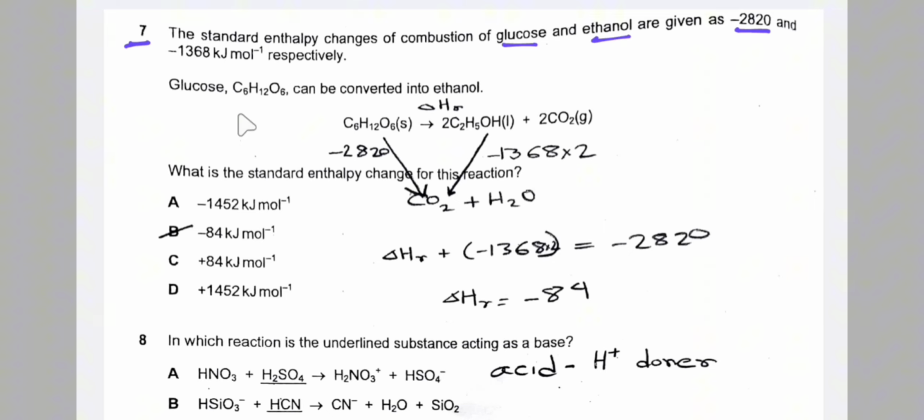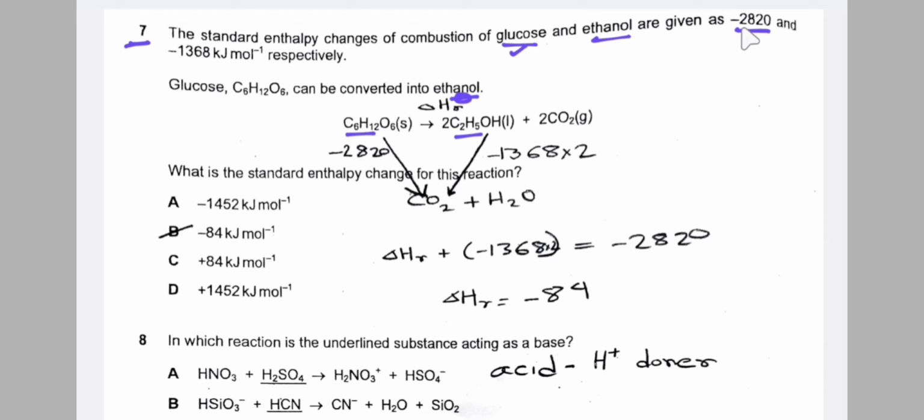This is glucose and it can be converted to ethanol. So this is ethanol. What is the standard enthalpy change for this reaction? That is ΔH_R, and since it is standard, this is the standard enthalpy change for this reaction. To find it, we have been given the enthalpy change of